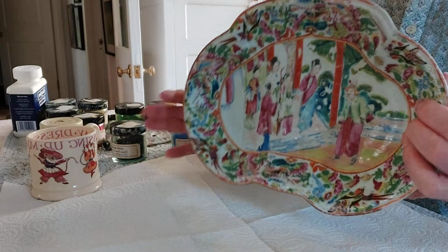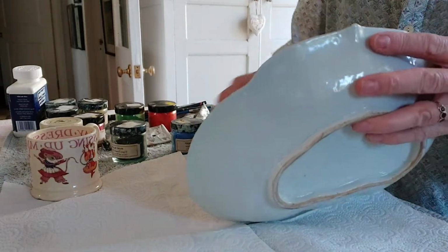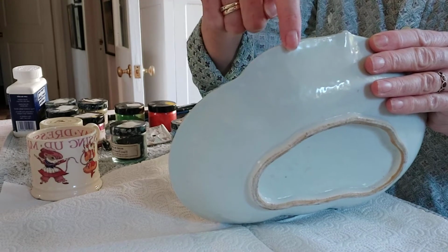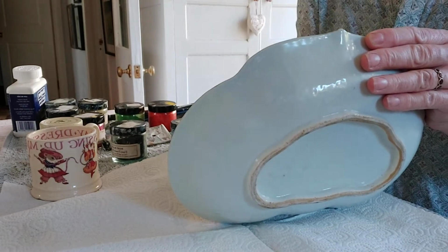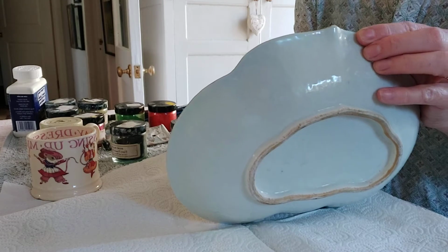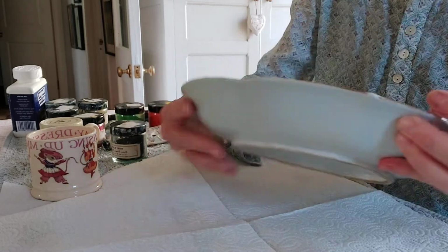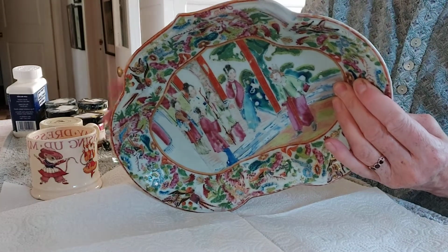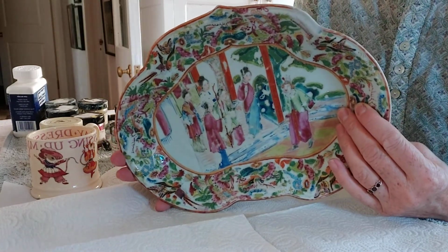Now if I can show you at the back here, you can barely see it, there was a huge big piece missing here, which I did fill with Milliput, sanded, and I did paint in with an airbrush. You can see on the other side the remnants from the airbrush, which I will cover airbrushing in a few videos' time,